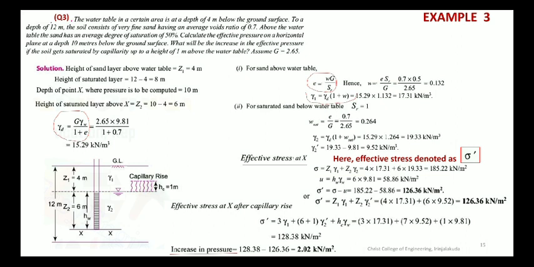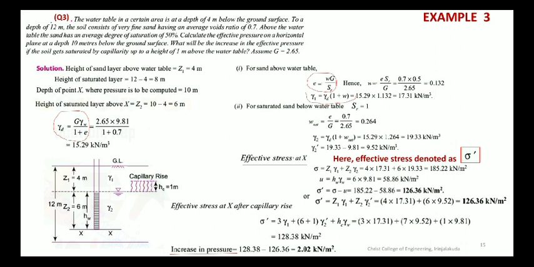So in this question the figure is not provided. You have to draw the figure by your own. So we have drawn the figure. Ground level is shown, and the total soil is up to 12 meter, but we are finding the stress at a level of XX, that is at a depth of 10 meters from the top. And we just marked the water table with a dotted line, and that is at a depth of 4 meters. So Z1 is equal to 4 meters from the top.